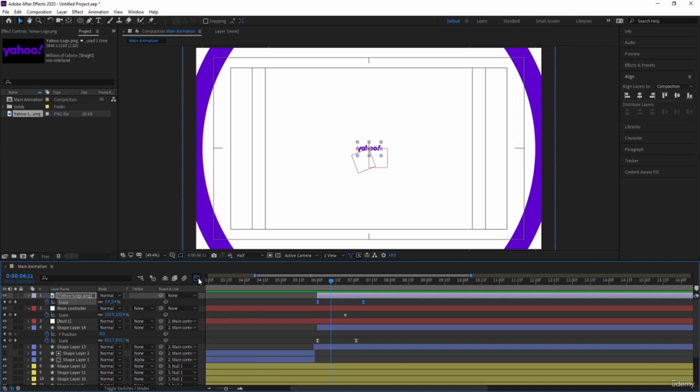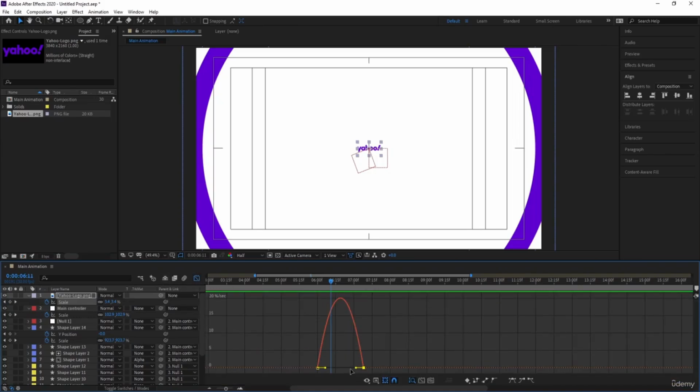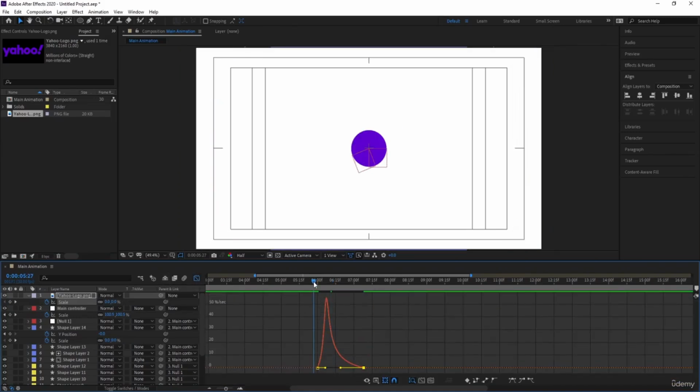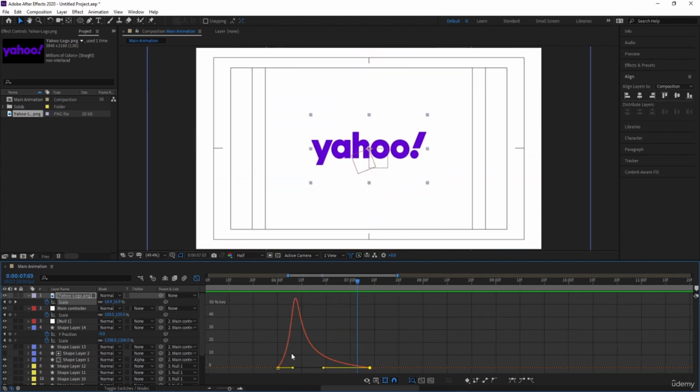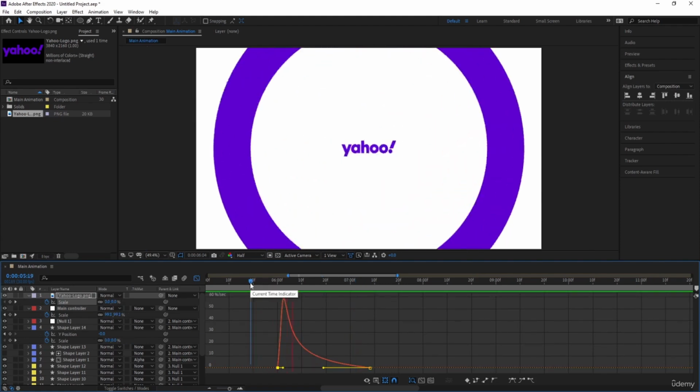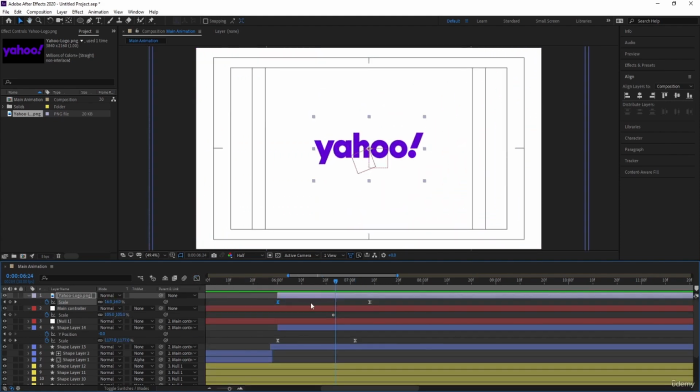And go to the graph editor. You can select this and you can move this over here. So if you see, you will get something like this. Let's move this over here. Okay,